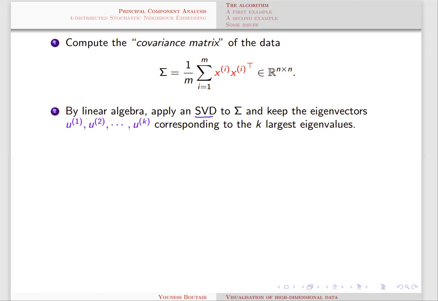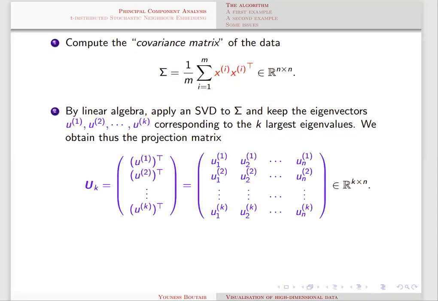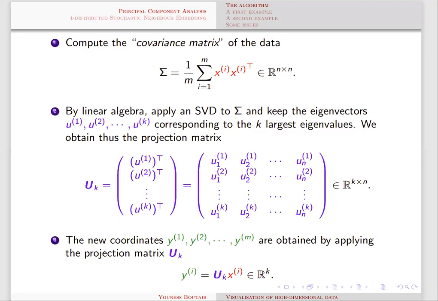If we take the k largest eigenvalues and the corresponding k eigenvectors u1, u2, up to uk, we get those principal directions that define the lower dimensional vector space on which we want to project our high dimensional data. Then we collect the coordinates of these directions in a matrix UK that will be key in our third and final step of the algorithm, where we take our high dimensional data, then multiply it by the projection matrix UK